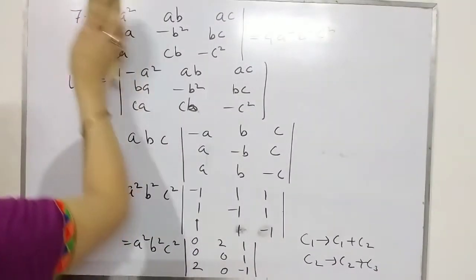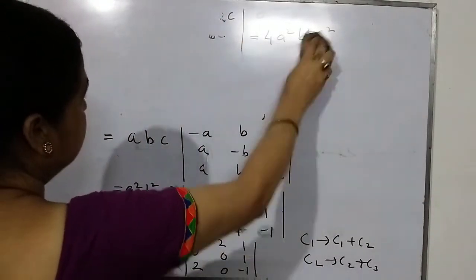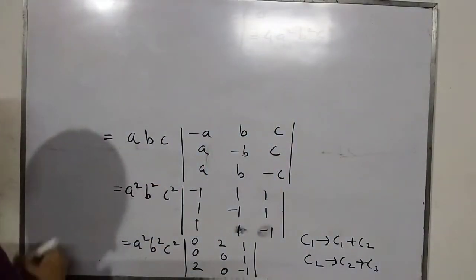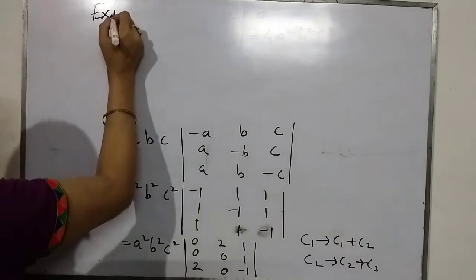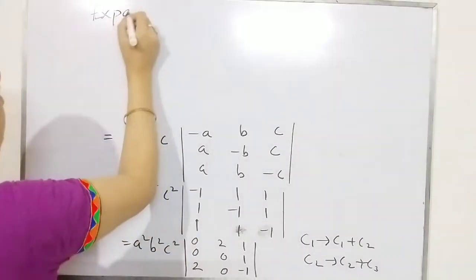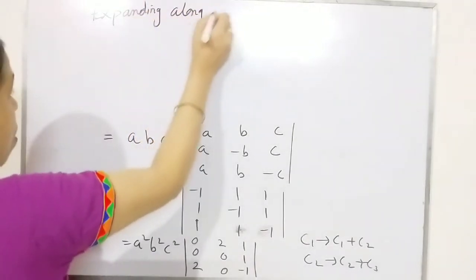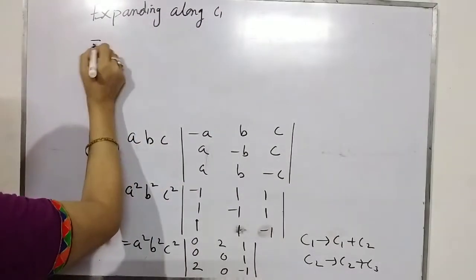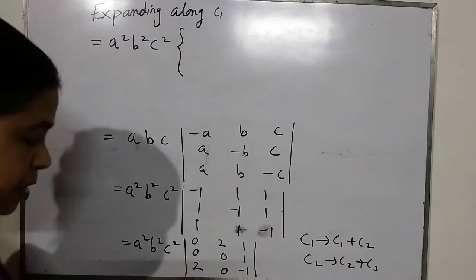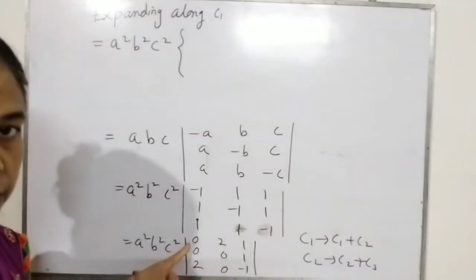Okay, so after this, let us write down now. Expanding along, because as I told you, other than the first row, if you expand, write down the one along which we are going to expand. Expanding along column 1, what will we have? It is A square, B square, C square. You see the symbols you have to see. This is the first element, so it will be positive.